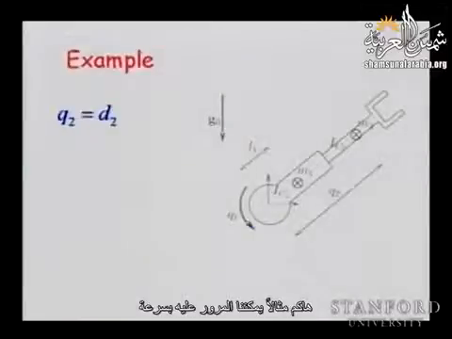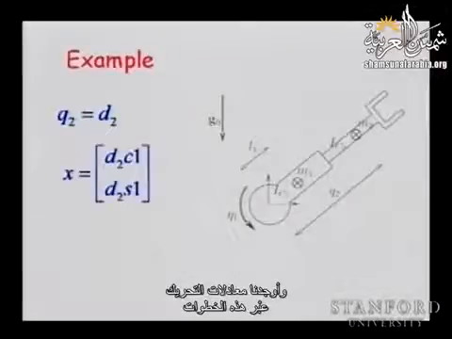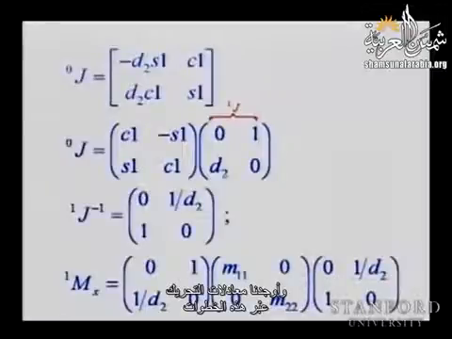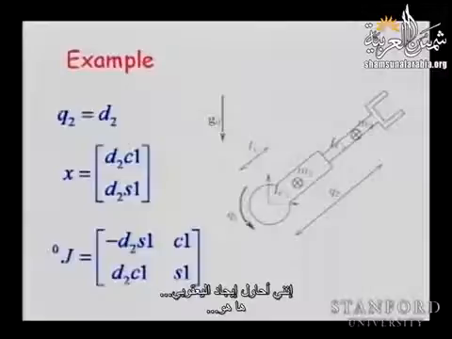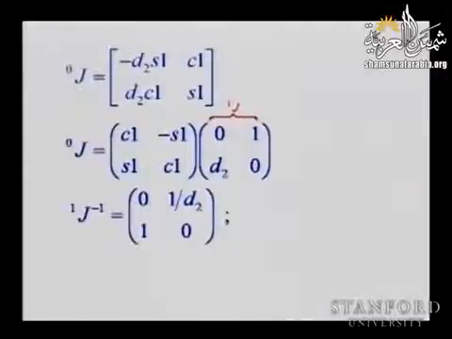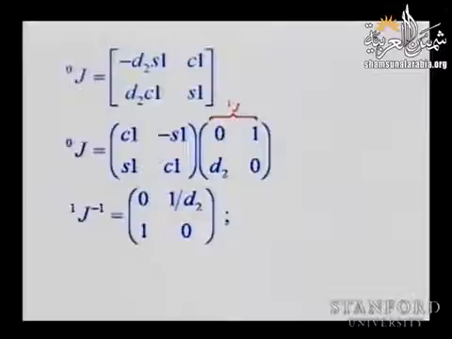Okay, here is an example. I think we can quickly go over this example. We saw this example before. Remember, we saw it in joint space, and we computed the dynamics through this. And all what I'm doing now is going and finding the Jacobian. So this is your Jacobian, which I'm putting in frame 1. And I'm writing now, so this is the Jacobian in frame 1 of this robot. And now if you